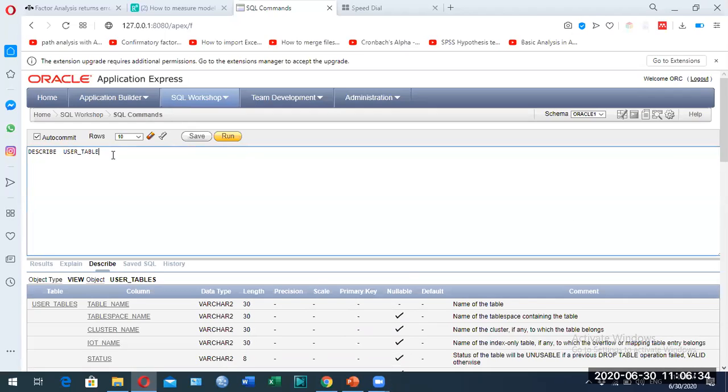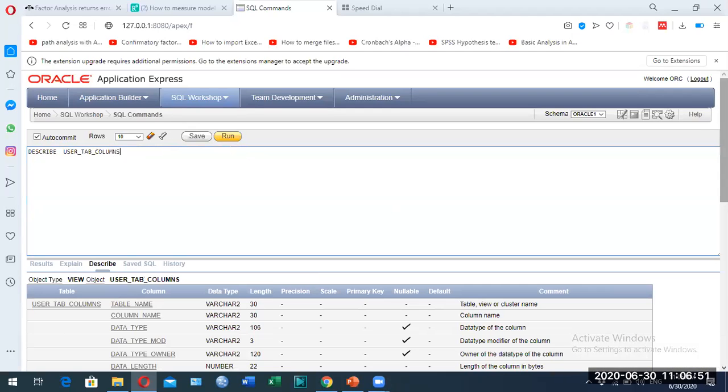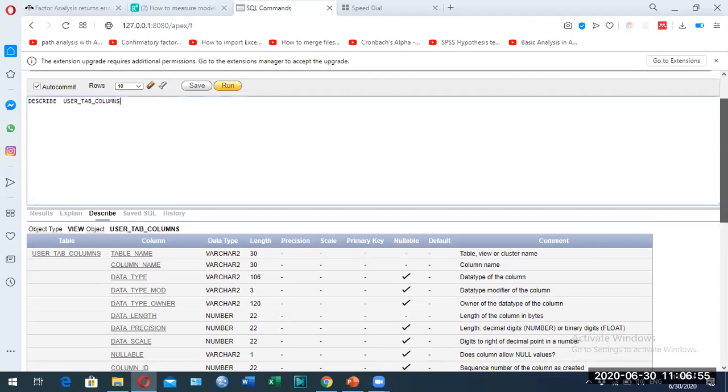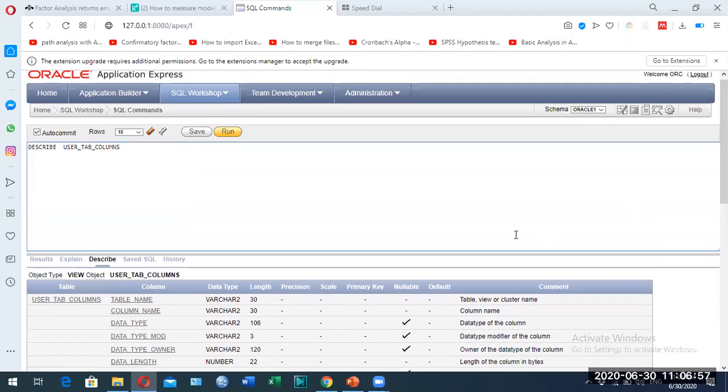Then if you want to see the table columns, you write the command user tab columns. Here we see the display of the user table columns, the complete record over here.